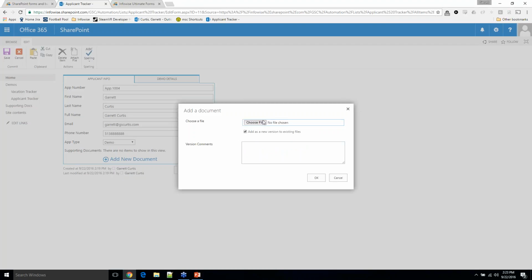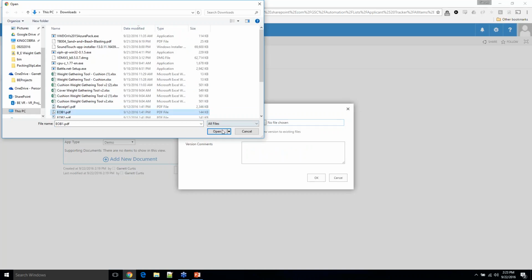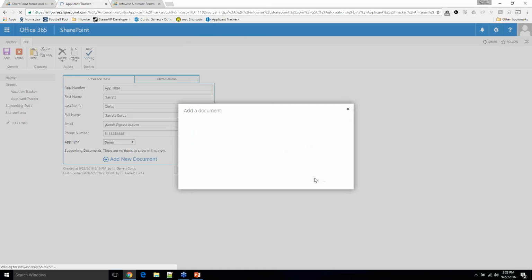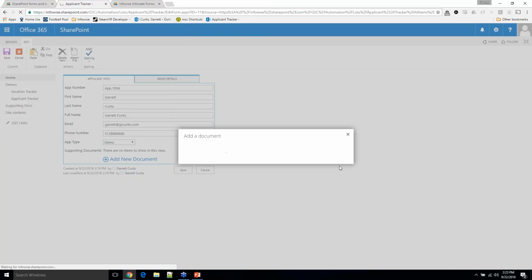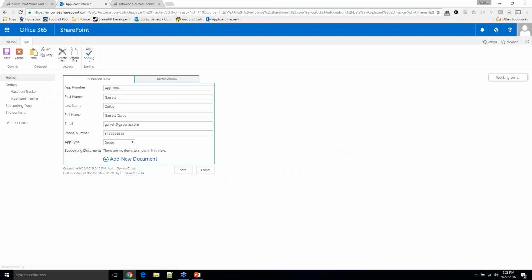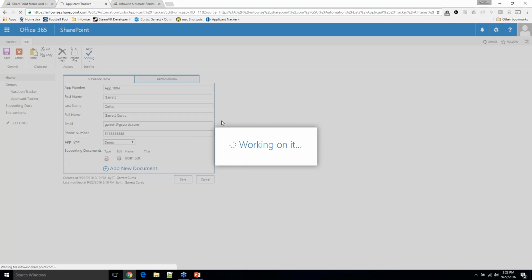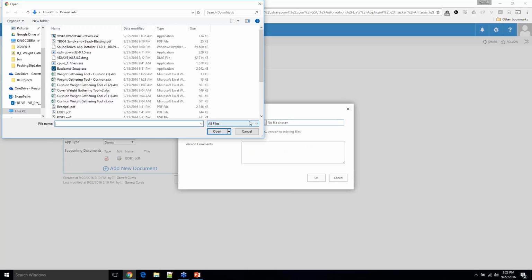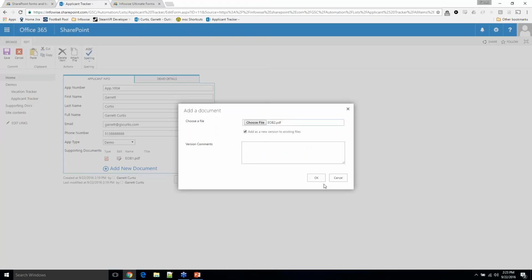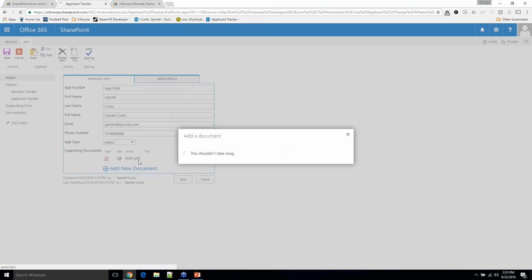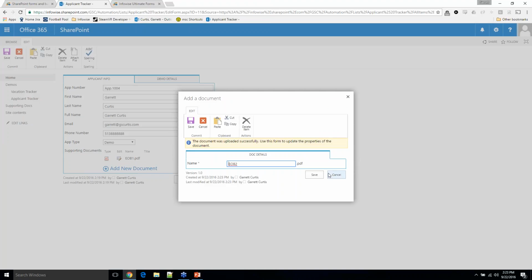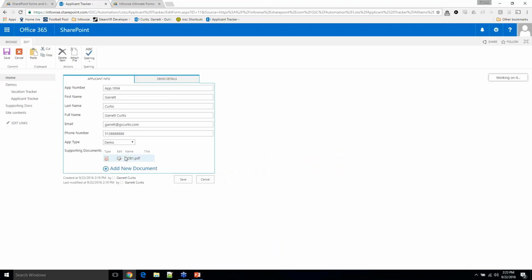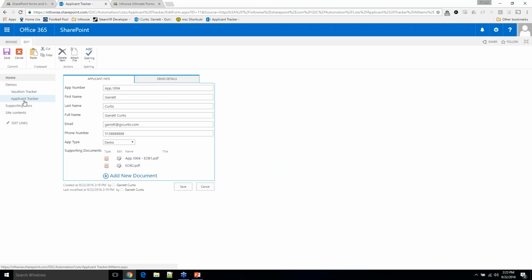So we're going to, straight from the form, add a supporting document. There we go. Okay, so this is basically uploading the document into a SharePoint library and then associating it to my request. So app 1004 now has a nice new document attached to it, and we can add multiple documents too. And essentially in the background,